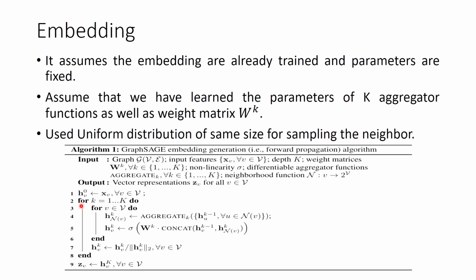So here is x_v for k equal to 1 to K, like how many aggregators we use. We loop through aggregators, and again we loop through nodes, the sample nodes. Then we update our embedding by the aggregation function with its previous embeddings,